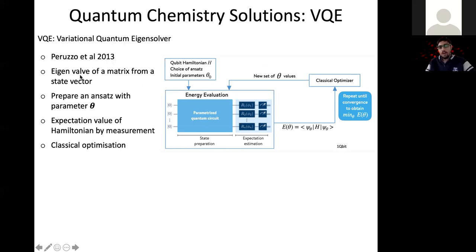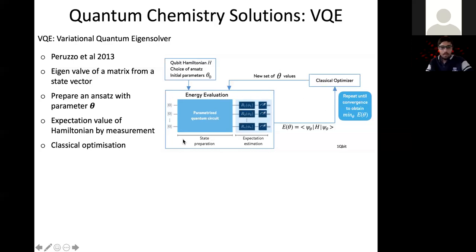This algorithm can find eigenvalues of a matrix very efficiently. The idea is that you are given a Hamiltonian and you want to find its ground state. You prepare a state of a quantum circuit with a tunable parameter theta, and then you design this part of the quantum circuit which calculates the expectation value of that state for the particular Hamiltonian that you want to solve. Once you pass that information to a classical optimizer, you can find efficient optimized values of theta